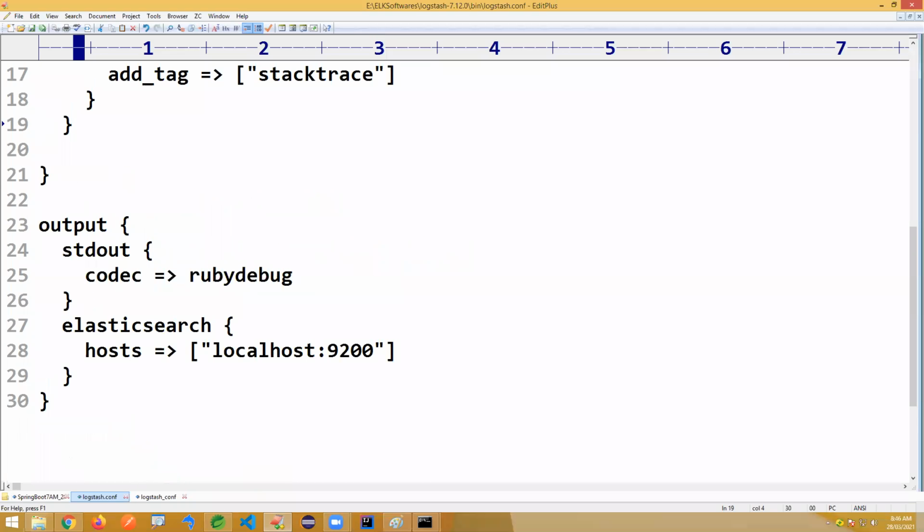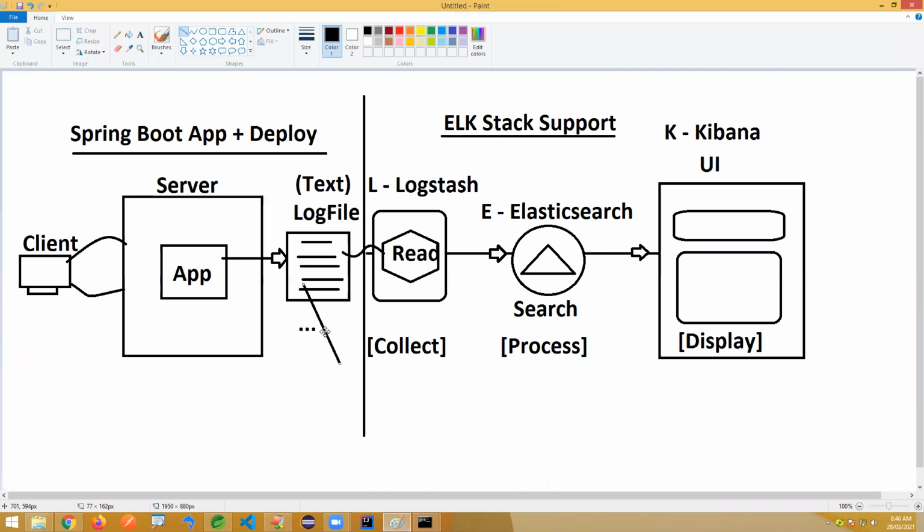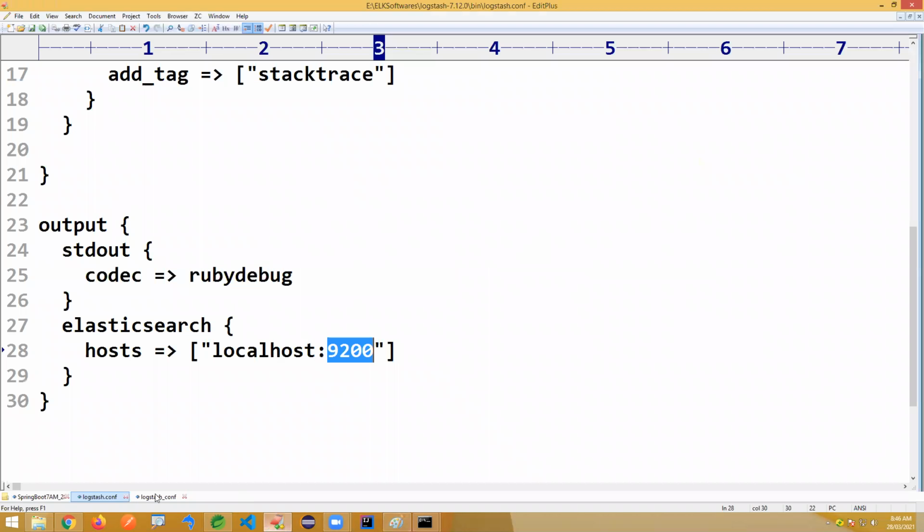Finally, we have to mention that we print that content to, okay, the Ruby debug, which internally uses a Ruby concept here. Where to print: elasticsearch.host. We just uncommented this location. Read it from here, do some filtering and give it to Elastic. Logstash will read, do some conversion and give it to Elastic. It will store it, and we can search in a particular format. Kibana will read it and display it here. Whenever you try to search something, it goes to Elastic. Elastic will support searching based on the commands given by Kibana, and it will print here. So this is the simple configuration file I wrote.